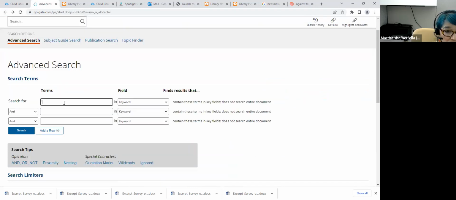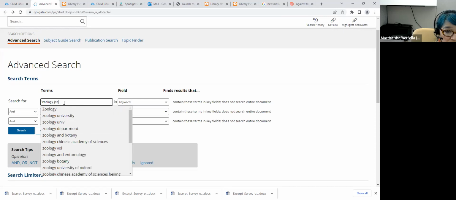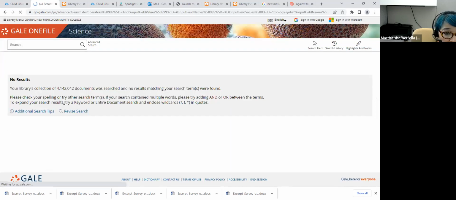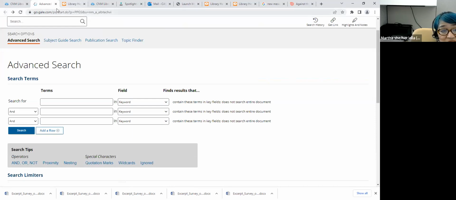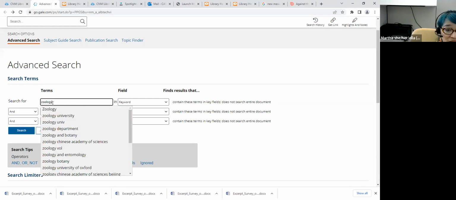You could also type in zoology jobs, see if anything comes up. No, Ferguson's is pretty much your best bet, because this is for issues in whatever, XYZ, not so much careers. But if you were to type in zoology and you were interested in current issues in zoology,